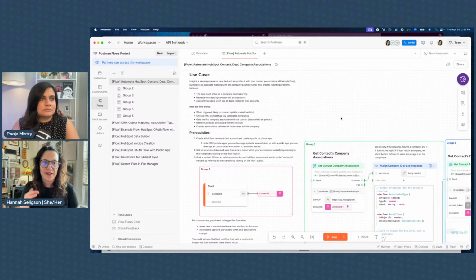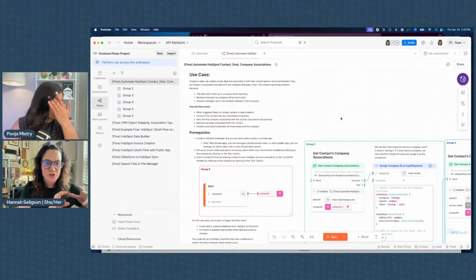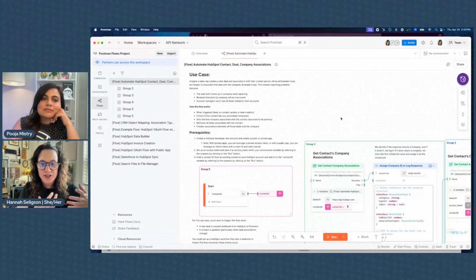So I'm excited, with everything that Pooja's been sharing, I can't wait to start using this when it comes to the AI features, because I think what's really helpful with Postman is that it is a centralized place for anybody who wants to start building agents, giving them all of the tools they need in one place. So I'm really excited to start leveraging those tools. I'm also particularly excited about actions.